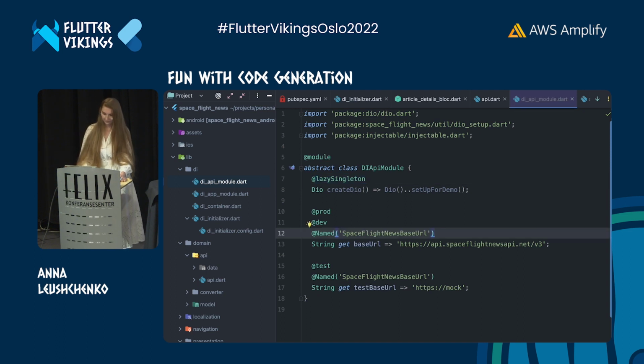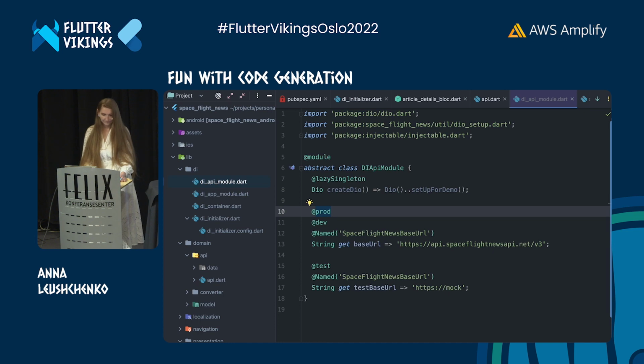There are two instances of base URL here. First of all, as you see, they are both annotated with the named attribute, which would allow to match their values to the parameter of the Spaceflight News API constructor. And secondly, these properties are annotated with different environments.